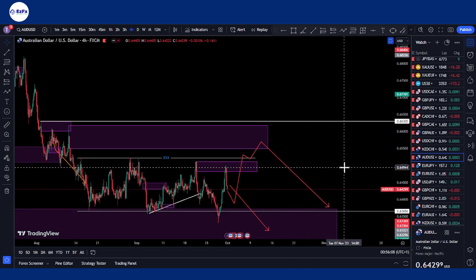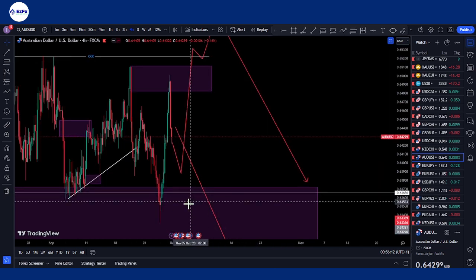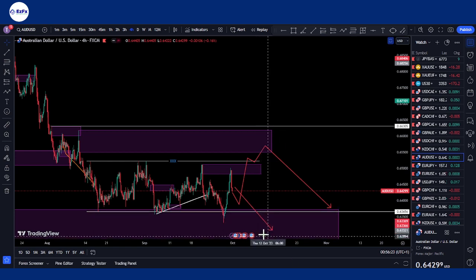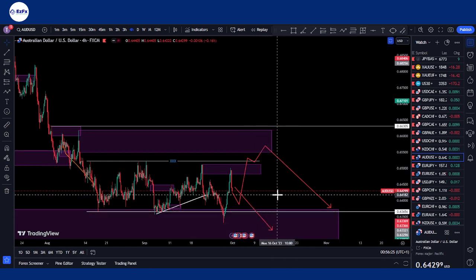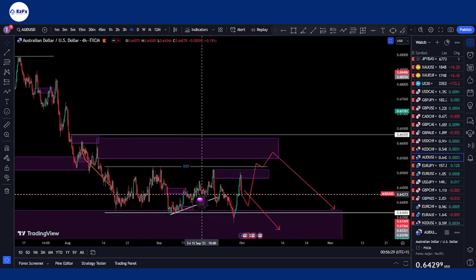That being said, my bias on AUD USD will be overall bearish. I'd love to see what would happen if we get to see a break below this low, which is 0.63352. If we get to see price breaking below that low, then definitely we are just going to continue towards the downside. However, if we get to see a rejection during the course of this week, let's say from around, let's fib this quickly.